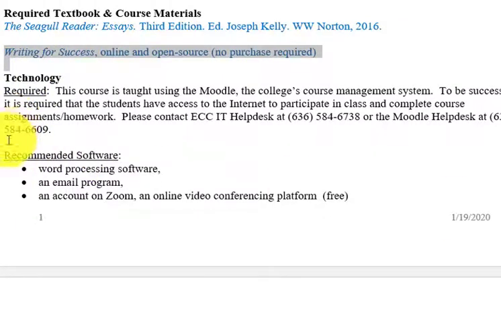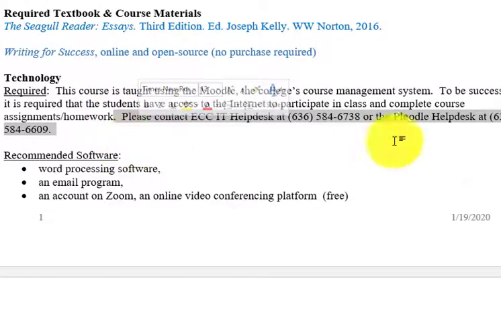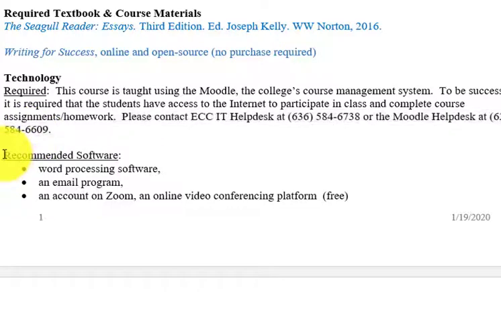The next section of the syllabus is the technology section. Well, you already know that it's taught using Moodle. You might not know what to do if you have difficulty. There's an ECC IT help desk, and here's a number to call specifically with questions regarding Moodle if you ever have difficulty. There are a couple of things that will be necessary for you to have in order to take an online class. You need to have some kind of word processing software.